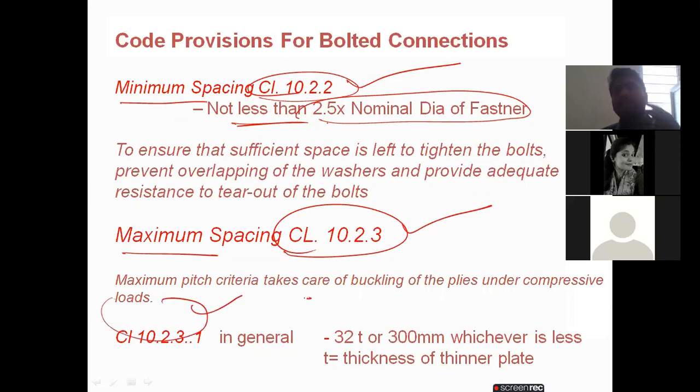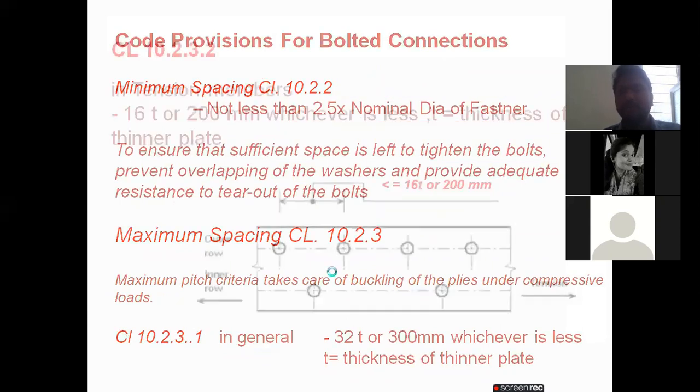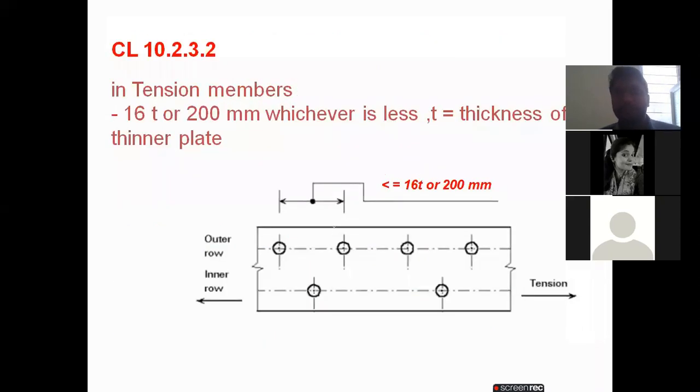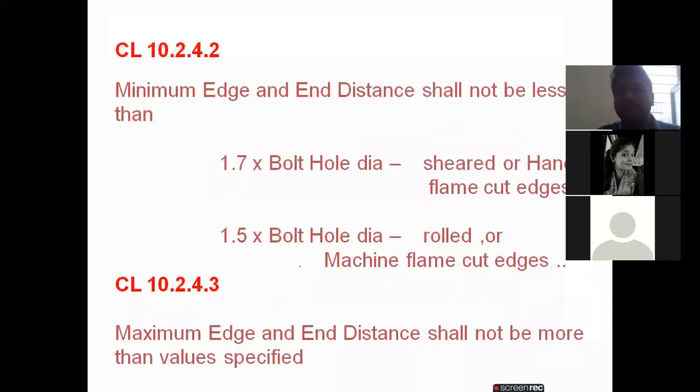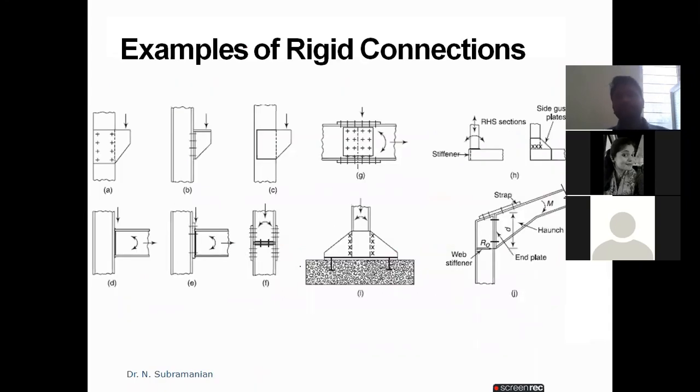10.2.3.1. So how will we take the thick plates and all those things? If you observe here, these are the bolts. This is the member, whether it is a tension member. These are the bolts we fix. This is a section, whatever we are seeing. This is the pitch, the distance between the two bolts. T is the thickness. All those things are available in clause number 10.2.4. And anyway, I will explain it one more time once we solve the problems.